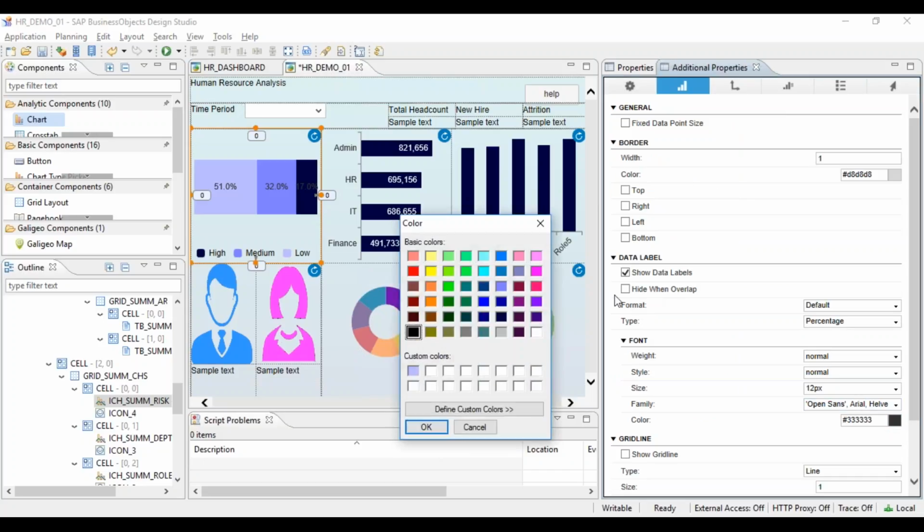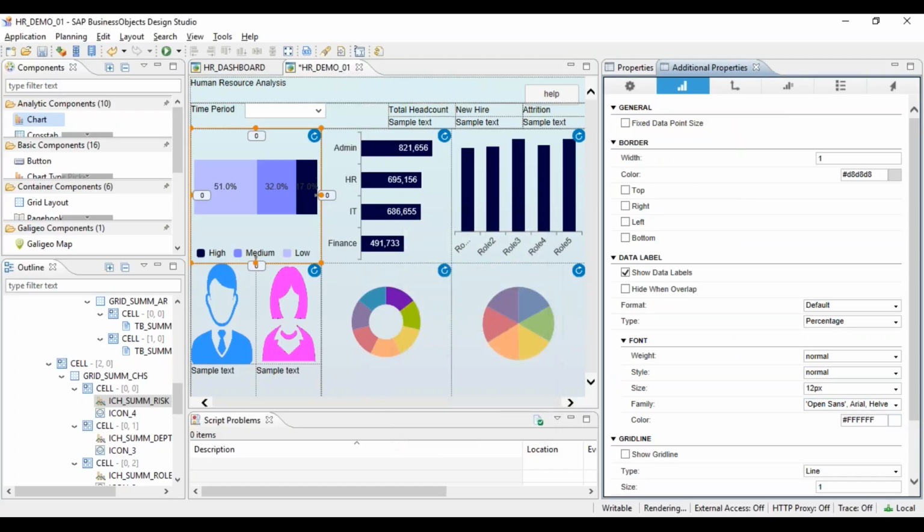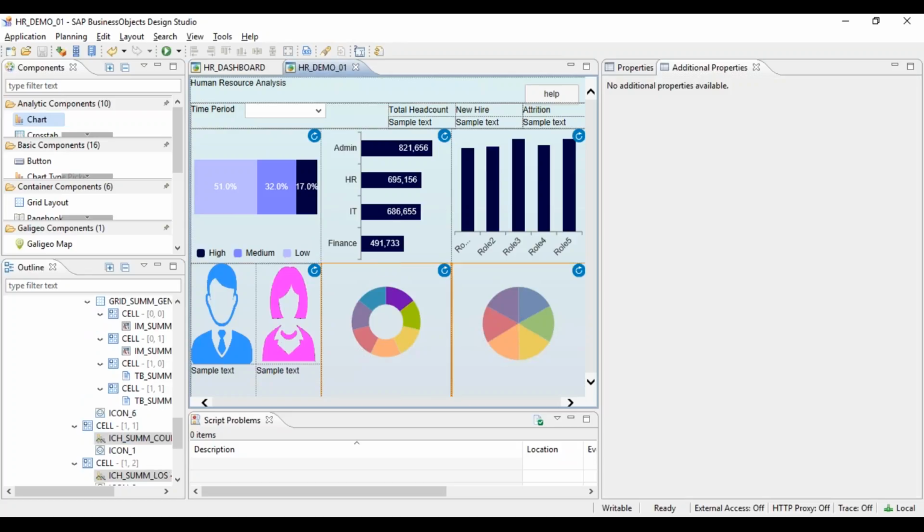So instead of black, you show something in white, so it shows properly. Similarly, you can do the formatting for the other two also.